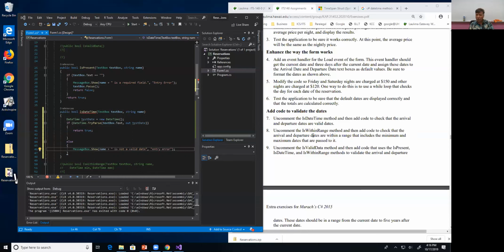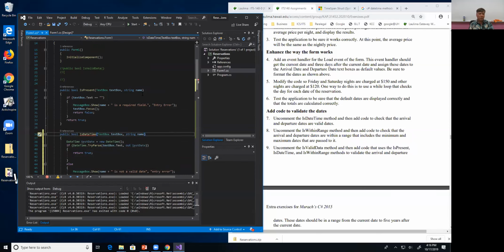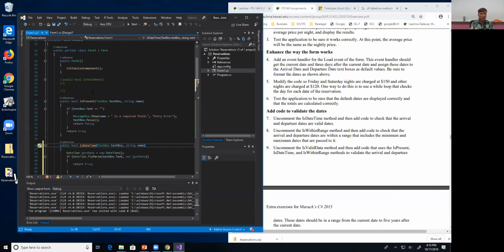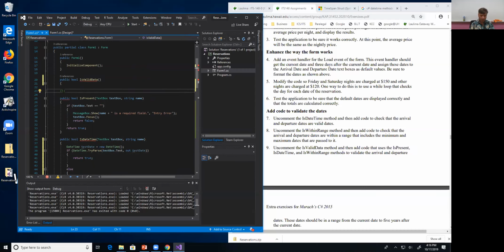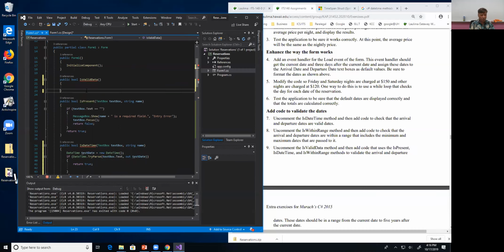Okay, so we're going to uncomment within range, and then uncomment is valid data, and use those two. Okay, so I'm going to leave this is date time. Well, let's see, I might as well use two. So, okay, it's is valid data. I'll use this is valid data. I'll activate this commented thing here. And is valid data is going to